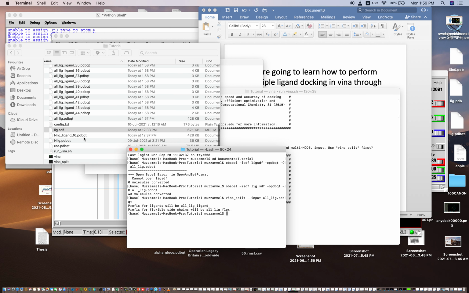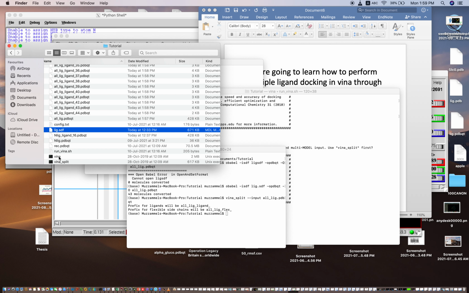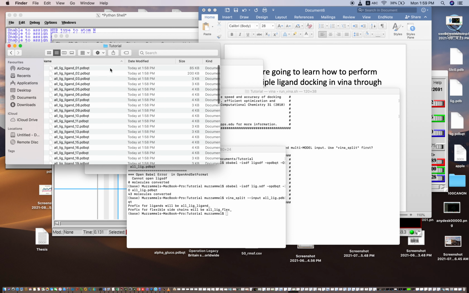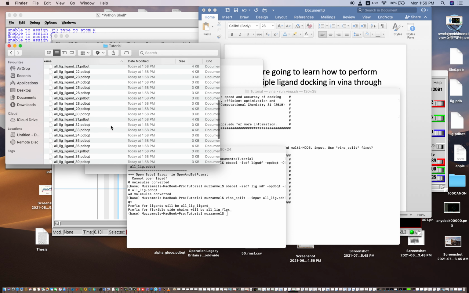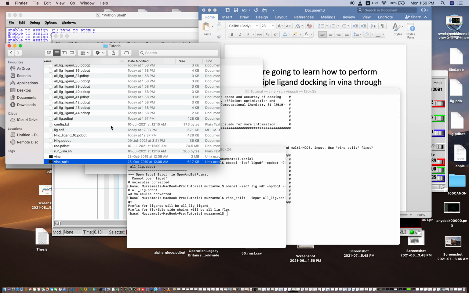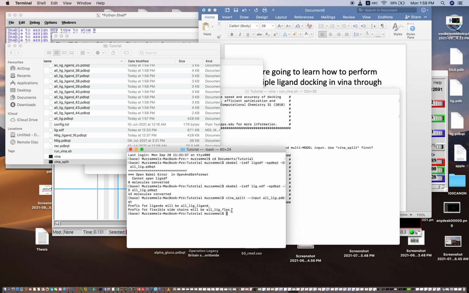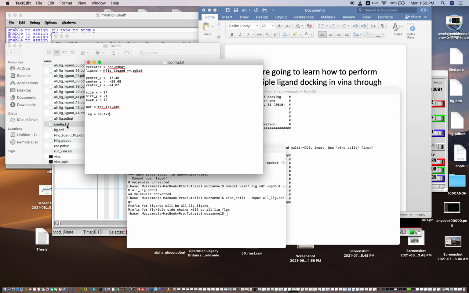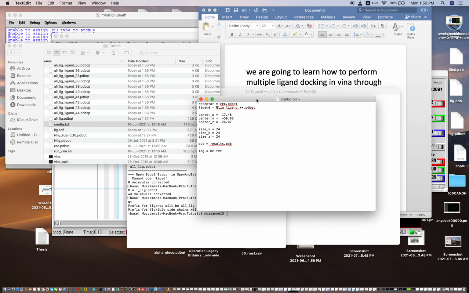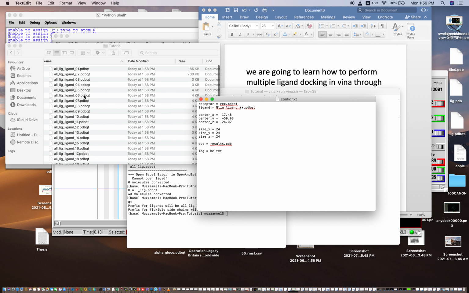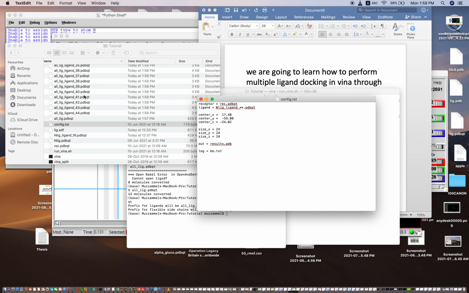It is very important when you dock your molecules that the two files, vina and vina_split, should be present in the directory where you are going to dock your receptor and the ligand. The next step is the config.txt file you prepared.